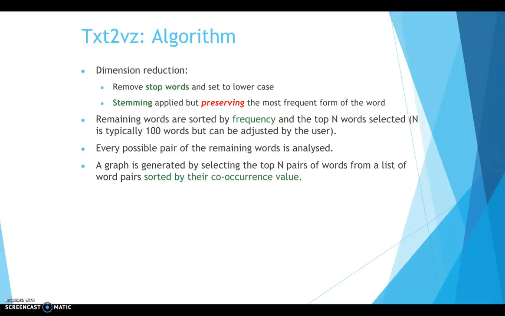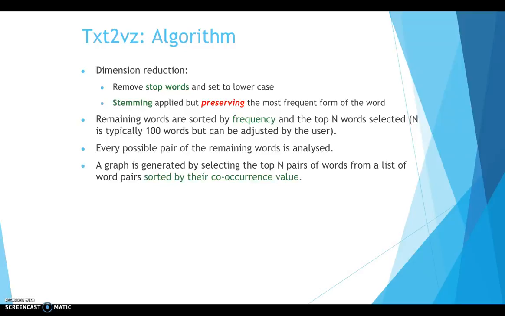Anyway, the first step is to reduce the number of dimensions. So we've got a fairly large set of stop words, which can obviously be adjusted. All words go into lowercase, so that reduces the dimensions further. We do use stemming, but we preserve the most frequent form of the word. So if we have concepts and conceptual, those two should be condensed to their stem. And if conceptual occurred more times in the text, we'd use that word when presenting on the